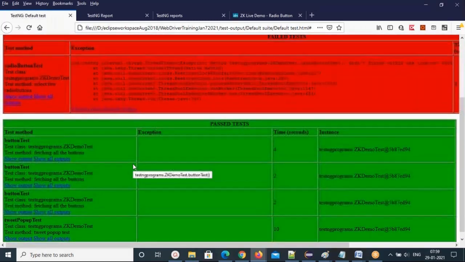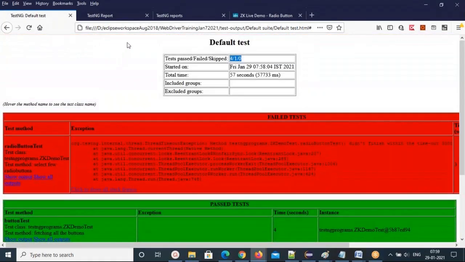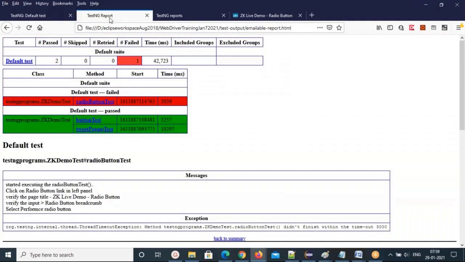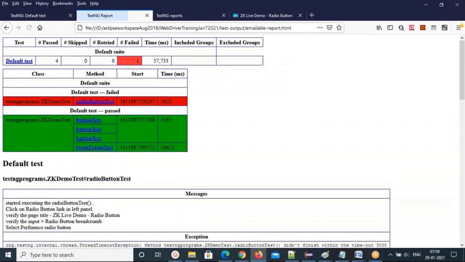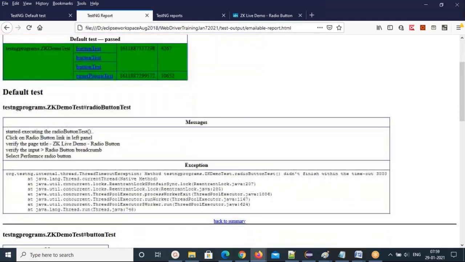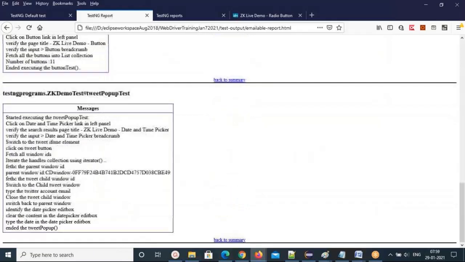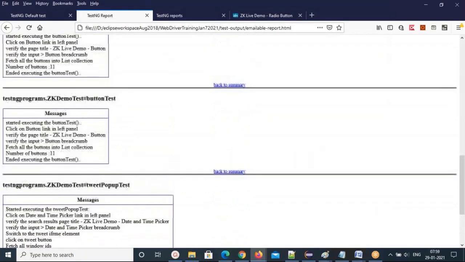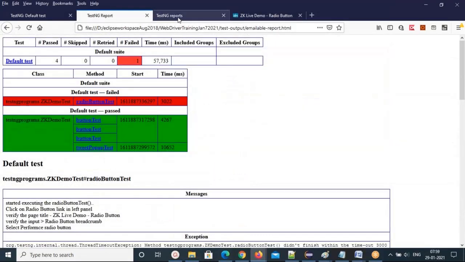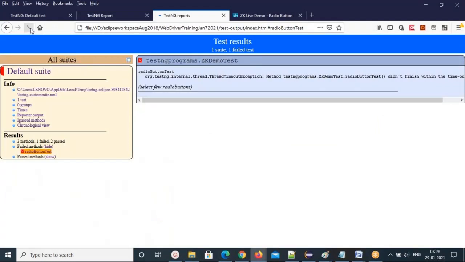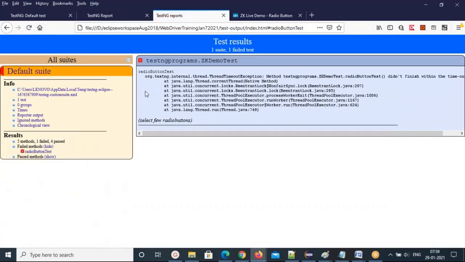Invocation count equal to, that keyword is helping to run the same test case multiple times. See, 3 times it is executing the button test. So this is how we can run this.